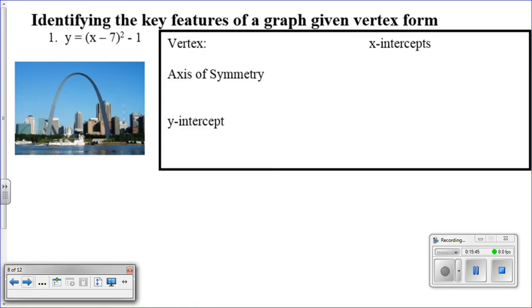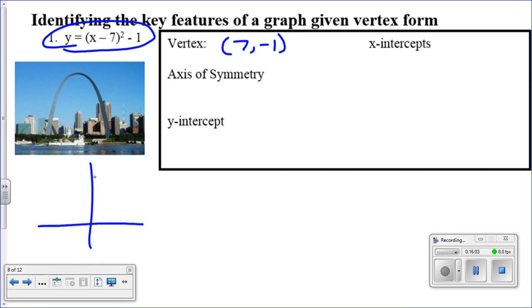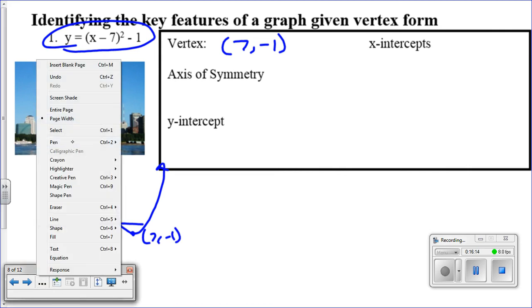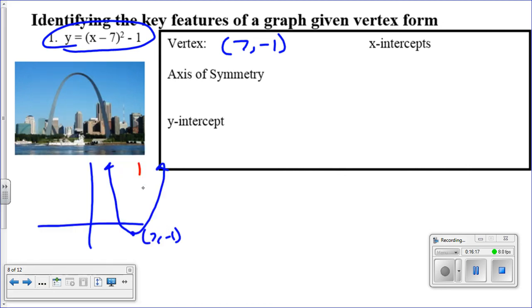Now I want to talk to you about using the key features. Now here's the cool part. If I give you vertex form, some of these key features are a piece of cake. So your vertex here is going to be 7, comma, negative 1. Now if you remember, okay, so your vertex is 7, negative 1. That's going to be somewhere around here. Okay, so if that's 7, comma, negative 1, keep in mind your axis of symmetry goes right through the middle of that,